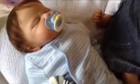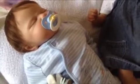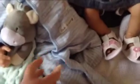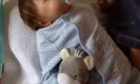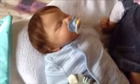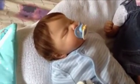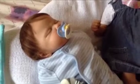But his body drove me nuts. I just don't know what it was. I think it was the unnatural way that the legs kind of stick out at the sides here, and when you pick him up to cuddle him, although he's a lovely cuddly squishy baby, you can feel the joint there and it feels kind of bulky, and I don't know, it feels like he's got a screw in his arm or his leg, you know, and I just didn't like it and I wasn't taking to it,